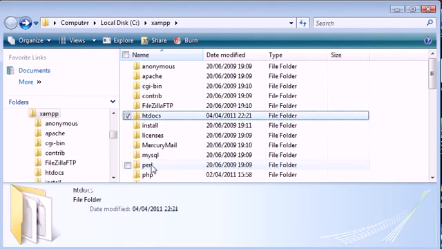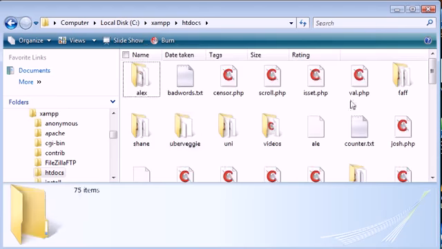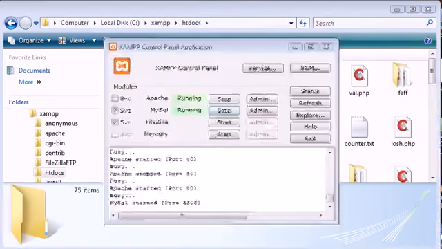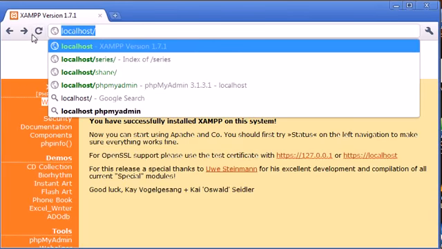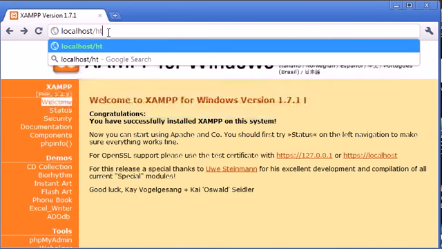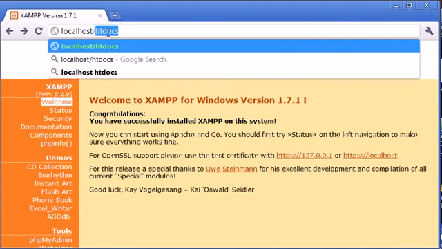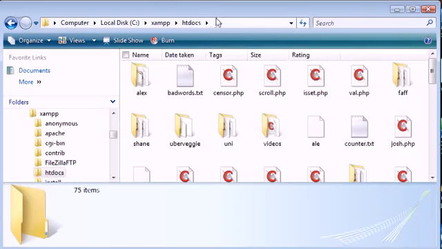Okay, so htdocs is the folder that I want to focus on in this tutorial because we're going to be creating our first file. Now inside htdocs, at the moment it's a bit of a mess for me, I've got a few files in here, but we want to create our PHP file in here. So let's just open up our browser. So you know now that we access our local server from localhost. Now we don't need to do localhost/htdocs/ and our file, because htdocs here is the root directory, if you like, for where